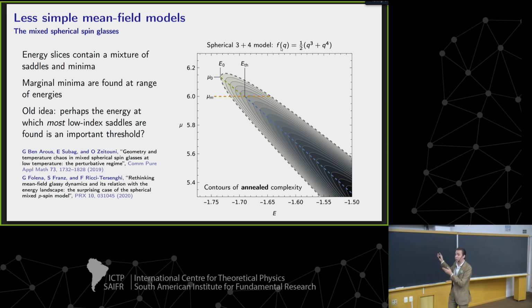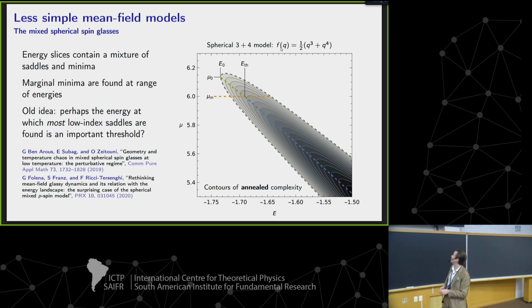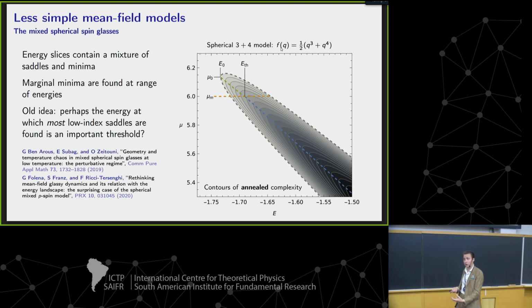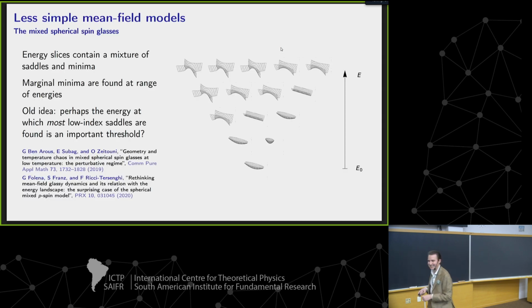So in fact, here we go. If we look at the annealed complexity of any mixed model you like, you take another term, you leave this very non-generic space of the pure p-spin models, and you find that this complexity broadens. Now there's not a one-to-one correspondence between energy and stability. We can still draw a nice blue and green line showing the place where, at each energy, the exponential majority of stationary points are. But it's no longer true that they're the only ones. There's a breadth. So here's the qualitative picture: there's a mixture at each level.